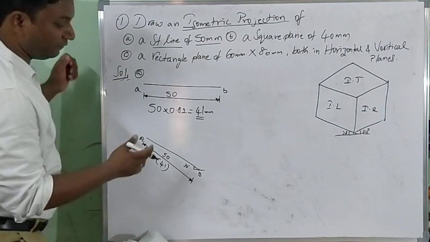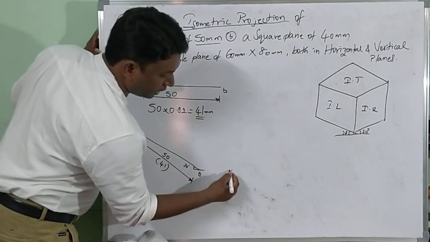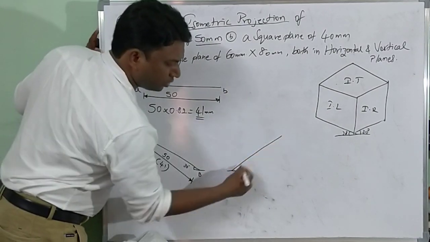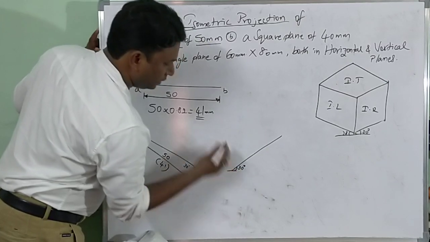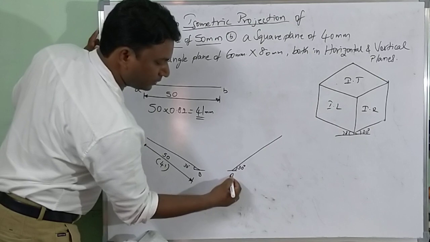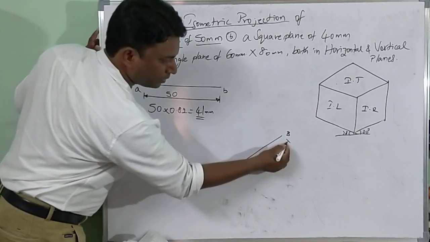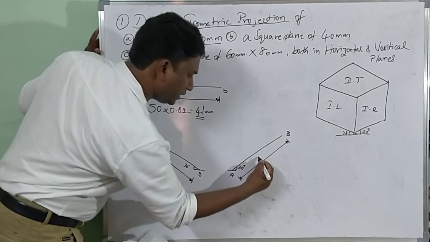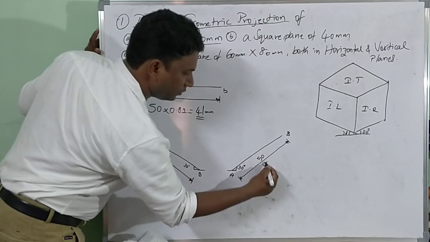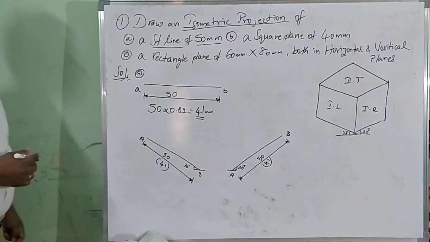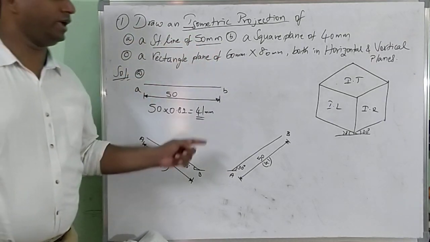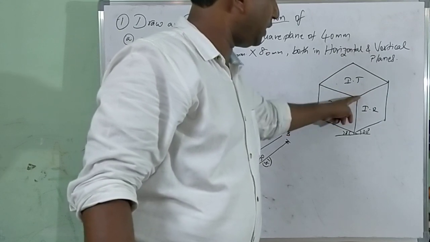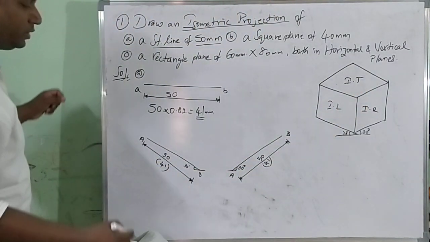Now in the same way, horizontal, one more reference point, just draw a line. Keep your protractor, take the reference, and draw to the right side at a 30 degrees angle. With respect to point A I am drawing capital A, capital B, dimension. Originally it is 50, but we are supposed to draw only 41. In horizontal, a line has two possibilities, because with respect to the horizontal plane I can draw this line and this line, two lines. With respect to which plane is it?